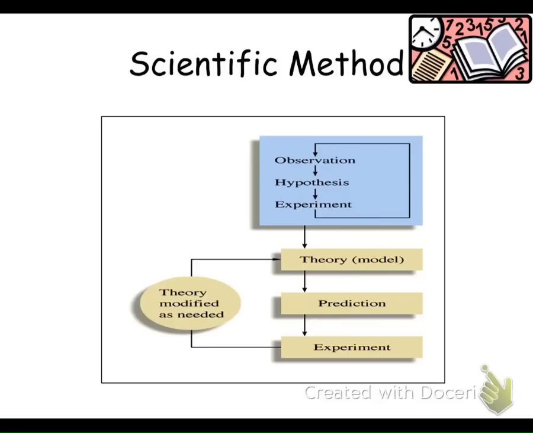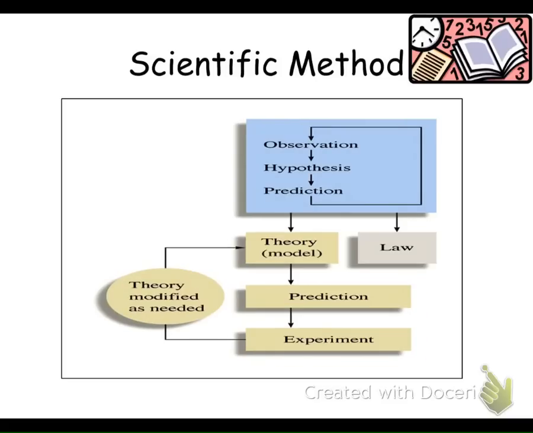First thing that we're going to start with is an observation, hypothesis, experiment kind of loop, and then from that what happens is scientists create theories. Theories are often studied and more predictions are made, more experiments are made, the theory is modified as needed. And if that theory is studied and those predictions and those experiments come out the same all the time, then what happens is scientists put